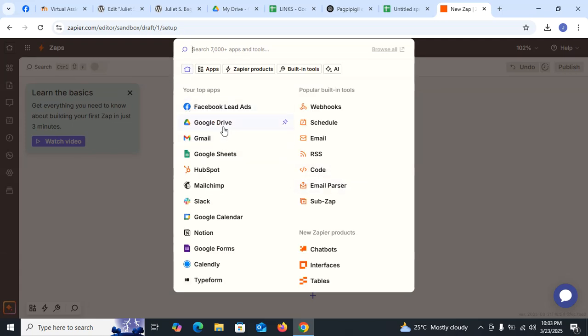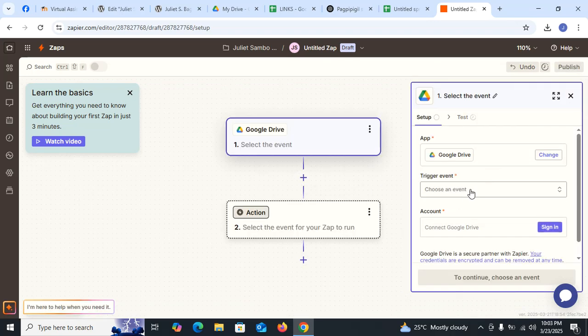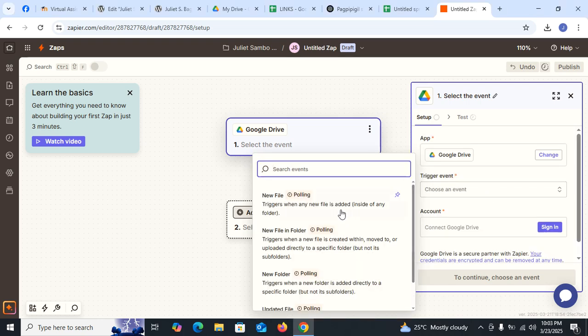So I'm going to use my Google Drive for my trigger, and then trigger event, choose an event.